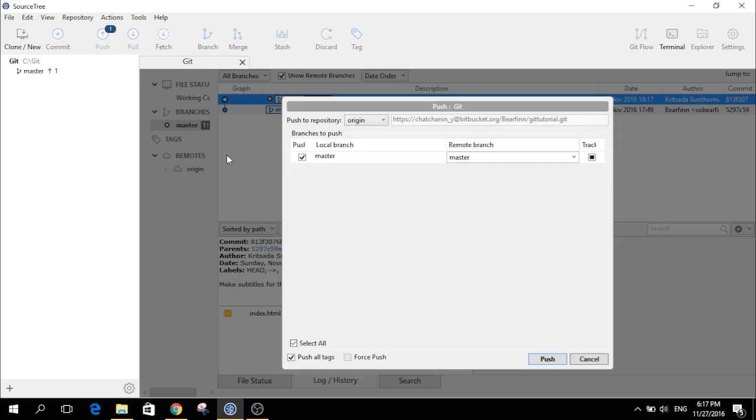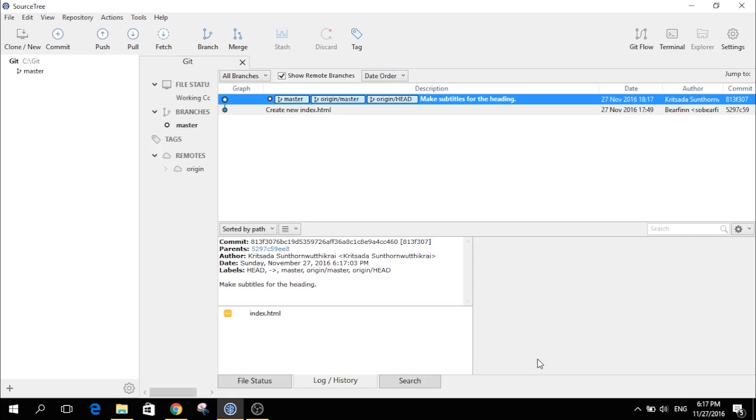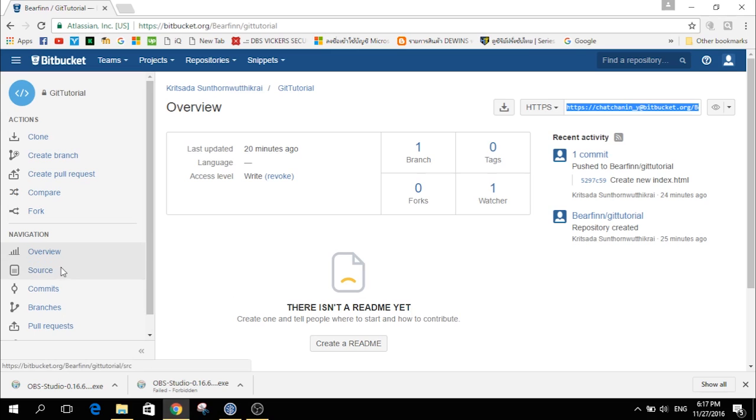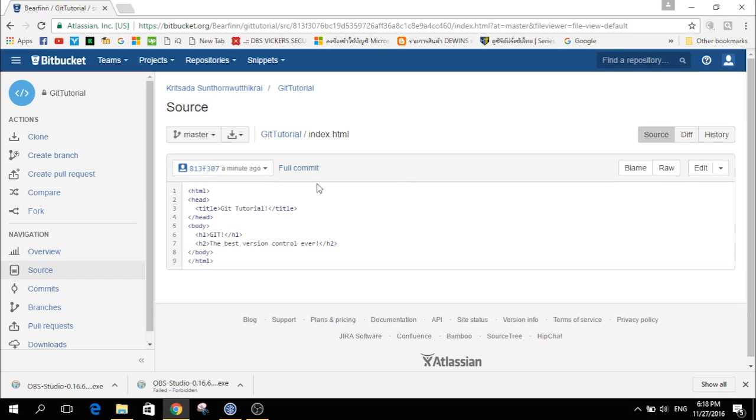So we hit push, the same as before, and we set push here again. So now it's pushing the one we have changed and finished. So now the file online will be seen as the new one that we haven't added the subtitles on. So let's check it. Now we will see that we have the S2 tag here, and we have finished another step. You will see the next one, which is the most confusing action that might happen in the Git process,